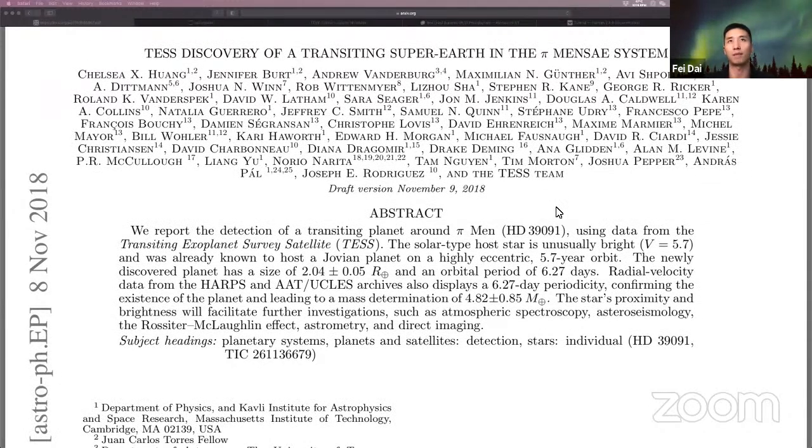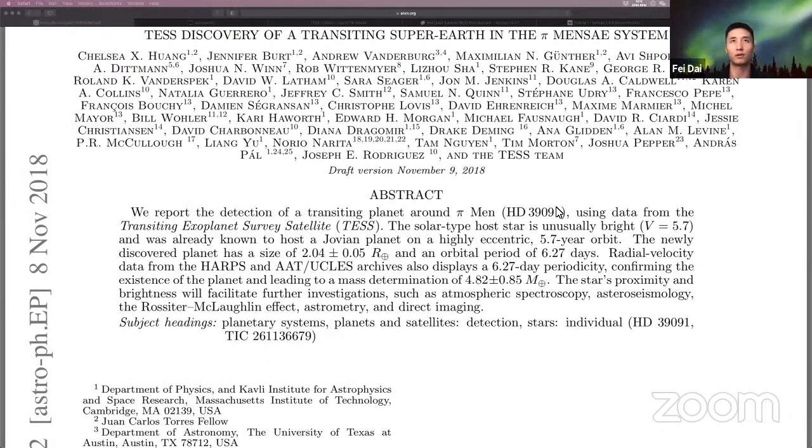All right, let's move on to the abstract. Usually the abstract of a paper is a quick summary of a paper, reporting some of the highlights or the key parameters for a system. For example, here, for the Pi Mensae system, it is a really bright star with a visual magnitude of 5.7. For those of you who are not familiar with astronomical magnitude,